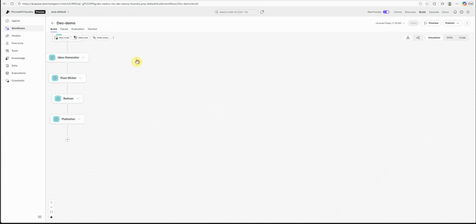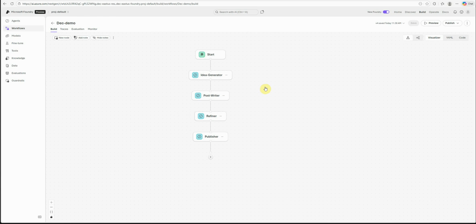Let's move it like this. So whenever AI is generating a post, we don't want to simply go ahead and publish it. We do want some human to review it once. So for reviewing, what we can do is we need to add another component here, which should be after the